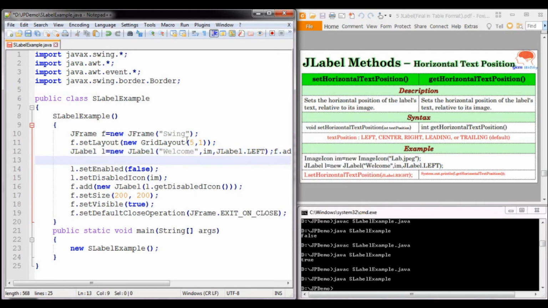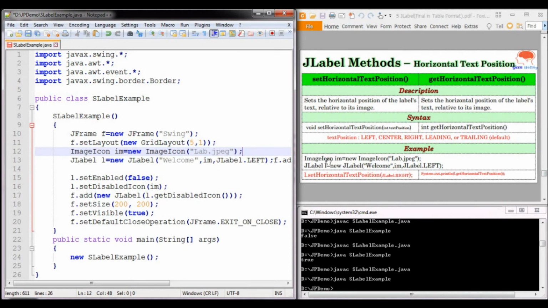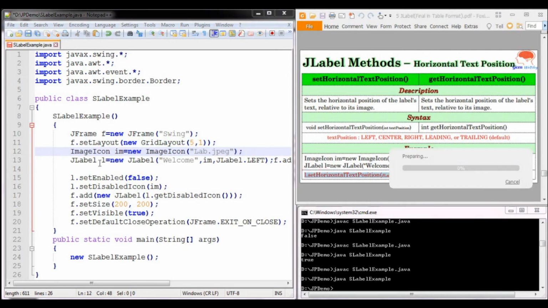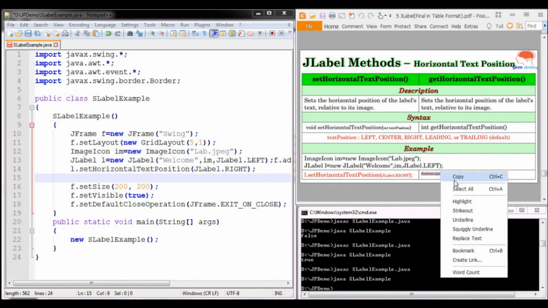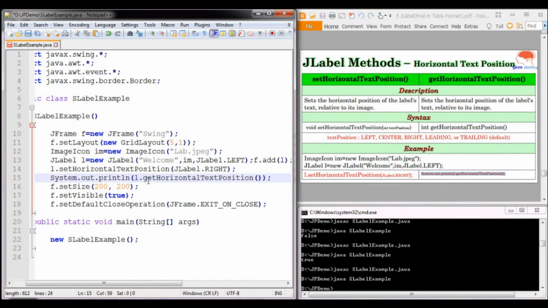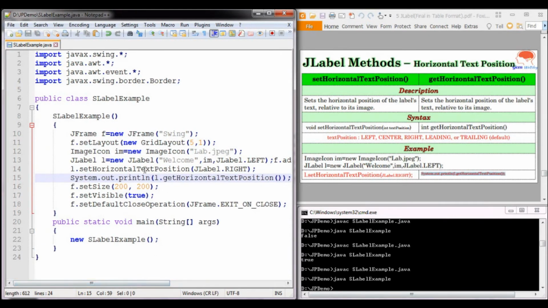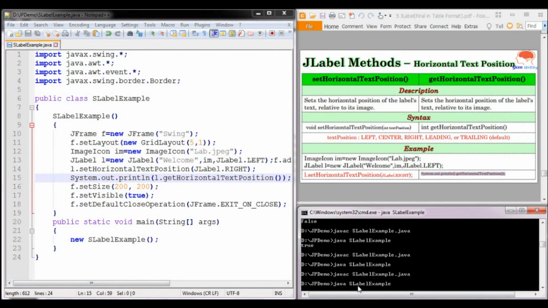So for this, we have created the image icon. We are going to align the text with respect to the images. Now we have set the text to appear on the right side of the images.